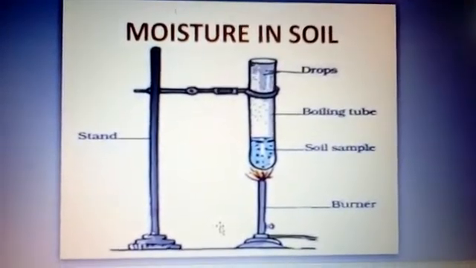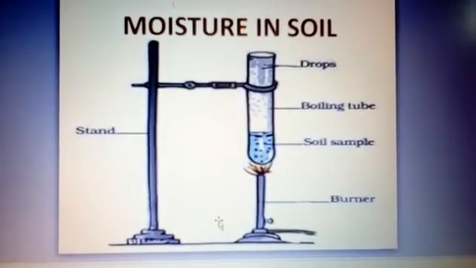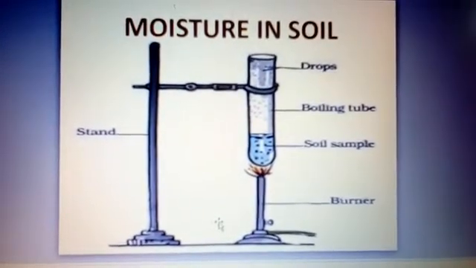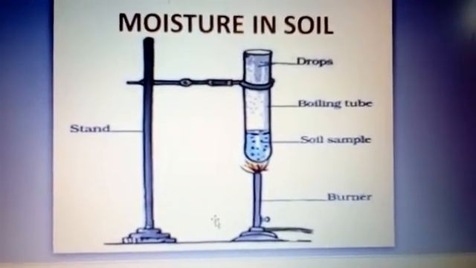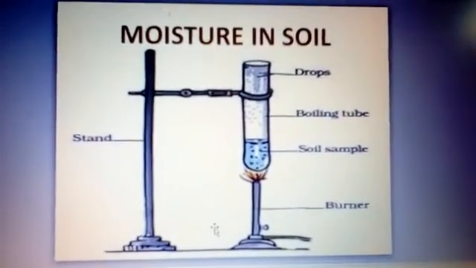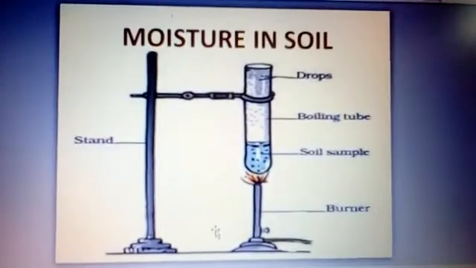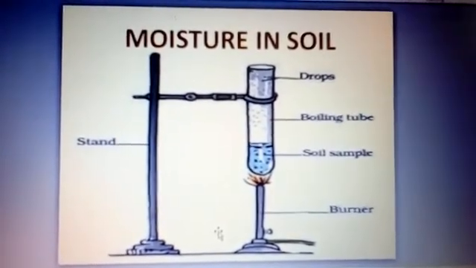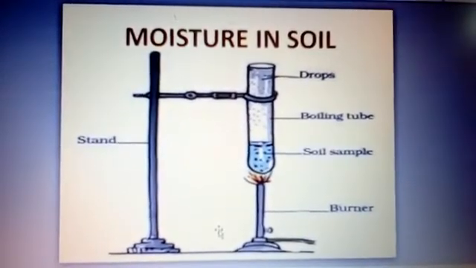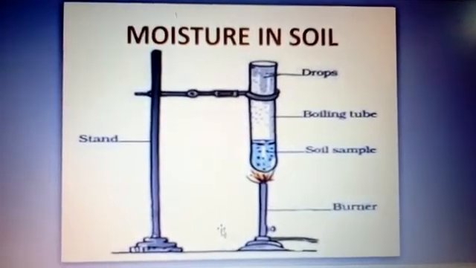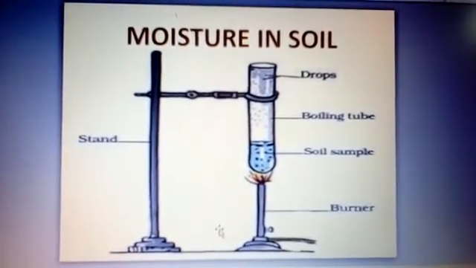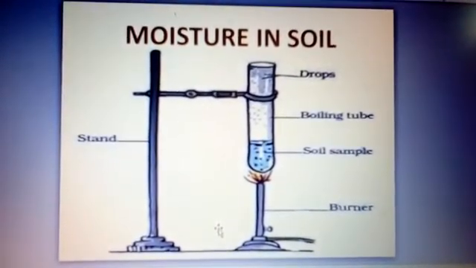You have observed that on farm land during a hot summer in villages, the air above the land is shimmering. Shimmering means it shines with a soft, slightly wavering light. This is because the soil has water content in it. Now we have an activity to show this.